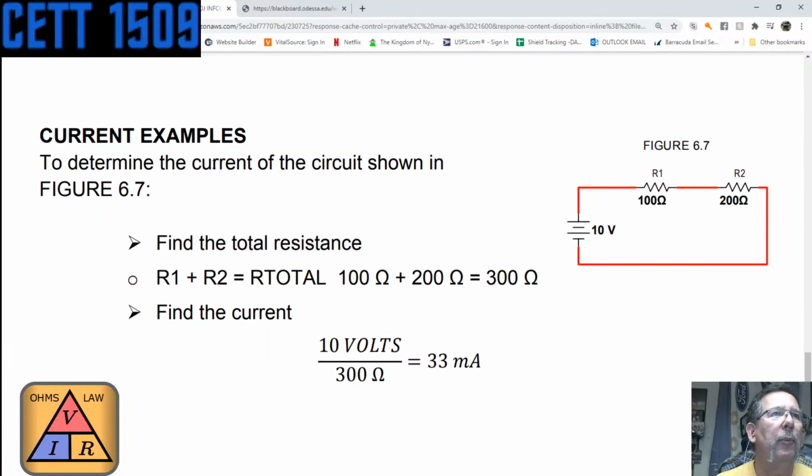So here's some current examples. We did this last time too, but to determine the current of the circuit shown in Figure 6.7, find the total resistance. So what's the total resistance? Well, R1 plus R2 is 300 ohms. R1 plus R2 is our total, which is equal to 100 ohms plus 200 ohms. That is 300 ohms. So finding the current, it's 10 volts divided by 300 ohms, which in this case happens